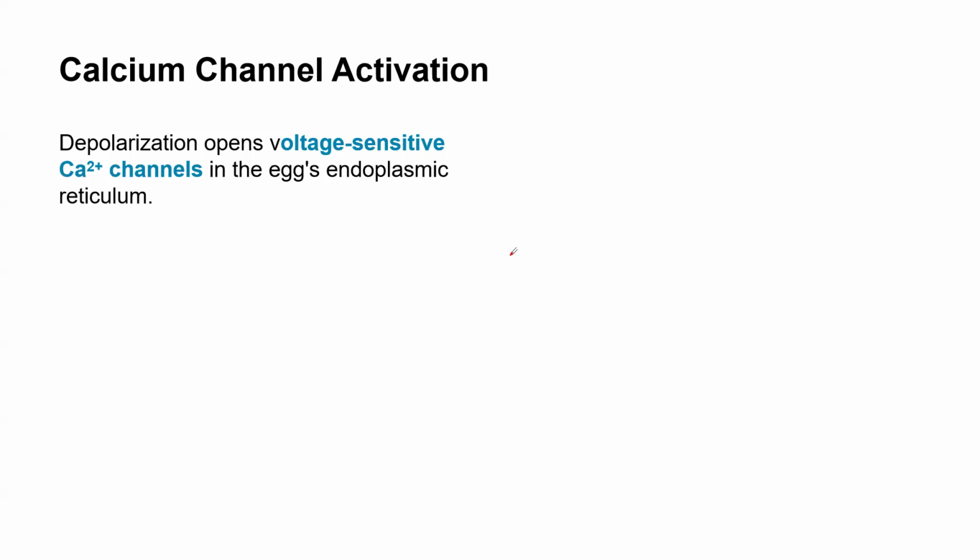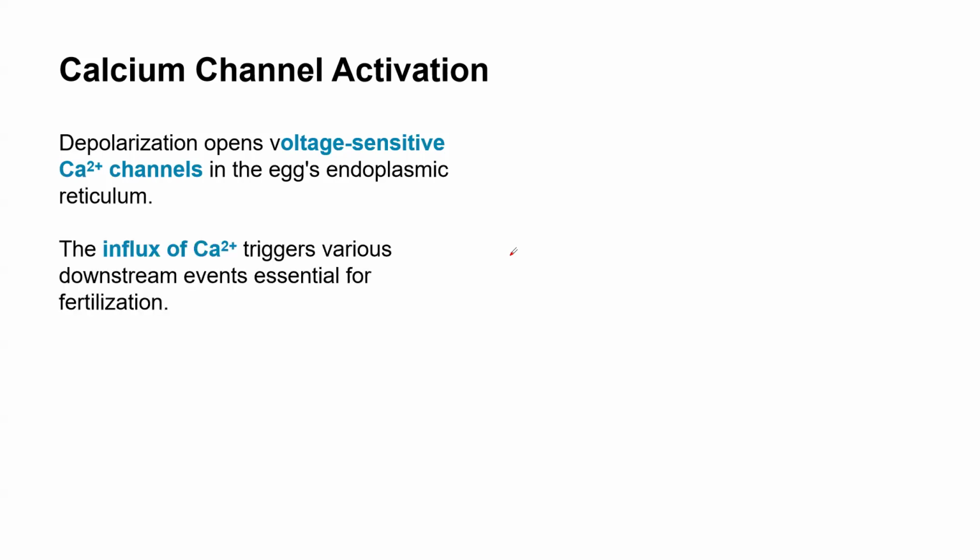So what happened? The influx of calcium into the membrane triggers the various downstream events, which is essential for fertilization. So you see, after the depolarization of the egg membrane with sodium ion, it will now open the